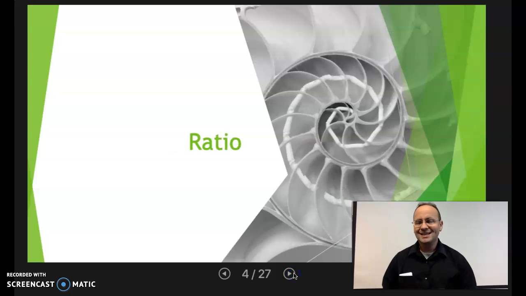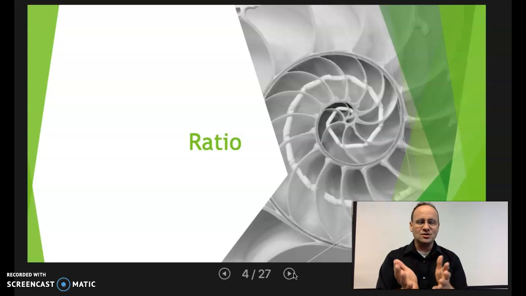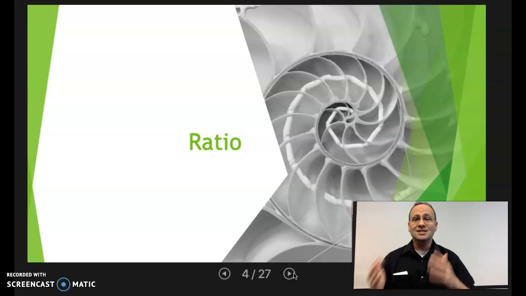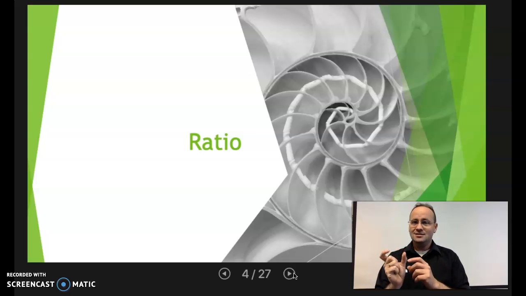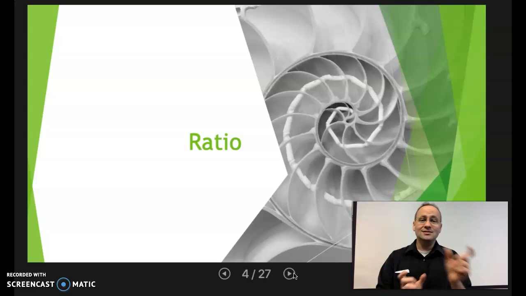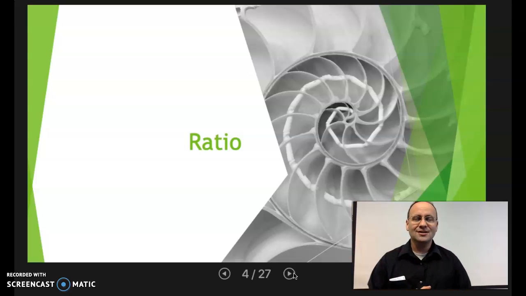Ratio. When I think about ratio and seeing this picture, it just comes to mind. I wasn't planning on sharing this, but I'll say the Fibonacci sequence, which is where you start with one thing and then you add one to the one, and those come together and become two, and you add two to the last thing, which was one, and then you add three to the last thing, which was two, then you add five. Anyway, this ratio of it always growing larger and larger, I thought of when I see that shell.